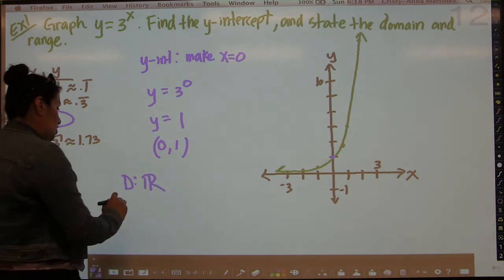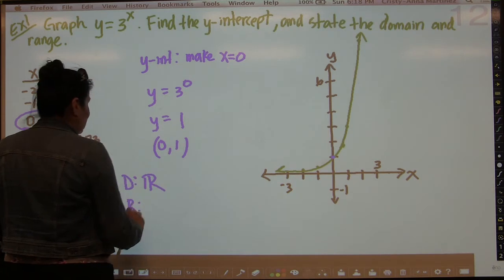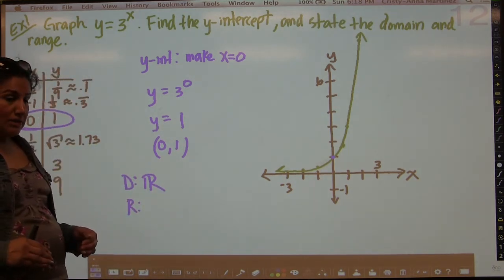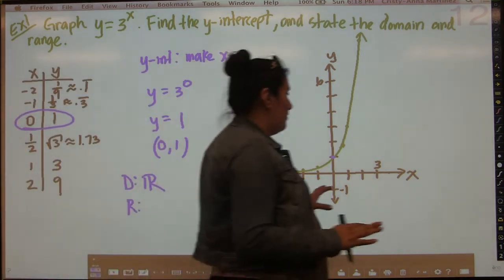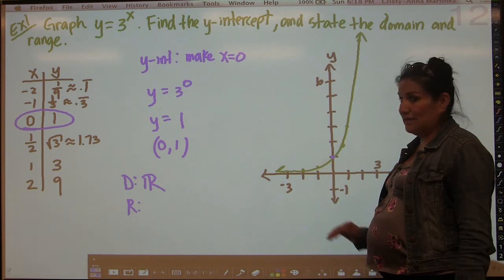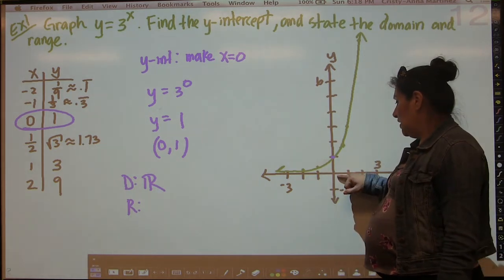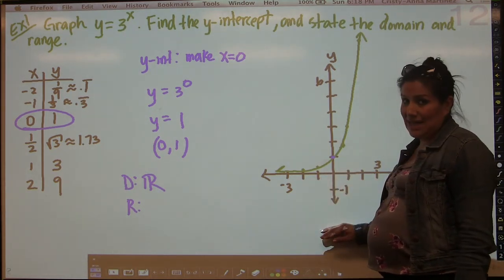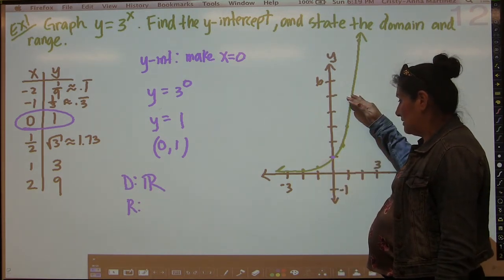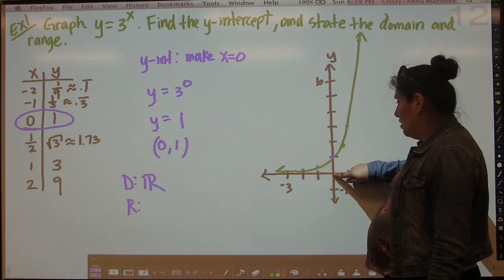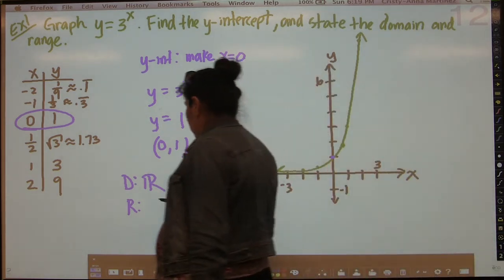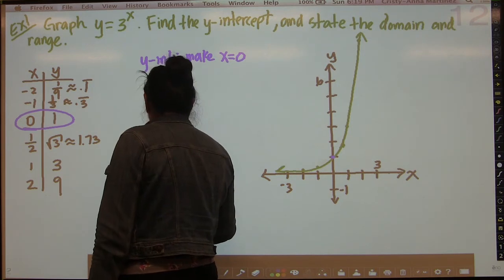But for the range, when it's asking about the range, what it wants to know is what types of y values are possible. And so when you look at the graph, it's very easy to tell that this function is never going to go below the x-axis. So there's not going to be any y values that are below the x-axis. So that means that all of the y values are above the x-axis. So those y values would be 0, 1, 2, 3, so it would be 0 and up. So basically for my range, y greater than